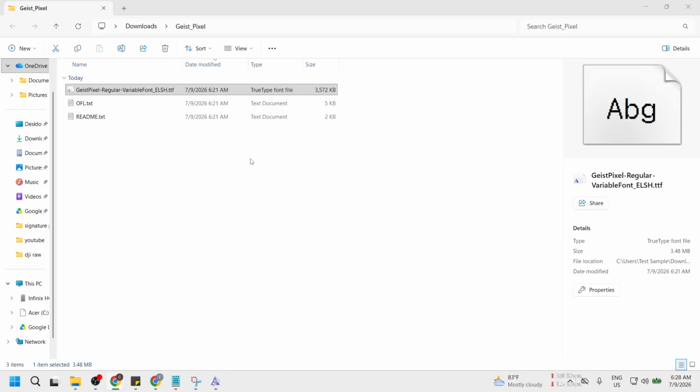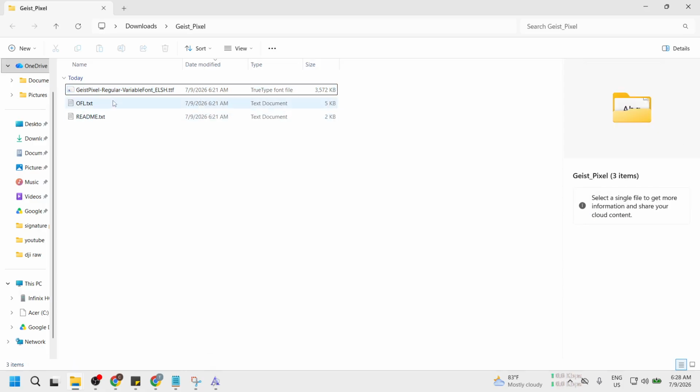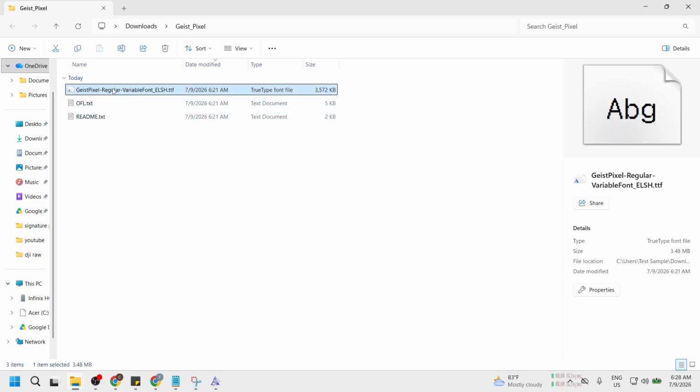After that, right-click on the unzipped font file. This step is important as it allows you to access the menu options necessary for the installation process. When you right-click the font file, a menu will appear showing various options. Make sure you select the correct file, as sometimes the folder may contain multiple fonts. This ensures you are installing the exact font you want. After you right-click, you'll be ready for the next step.